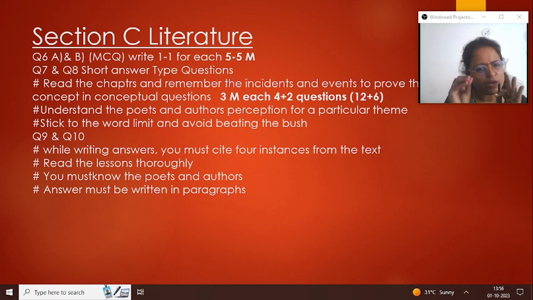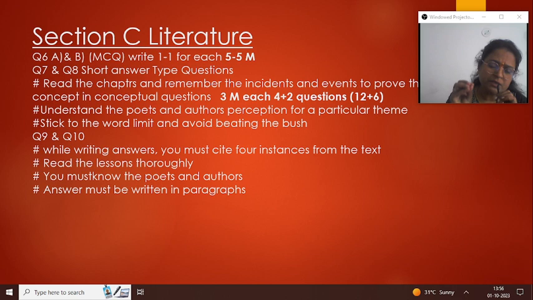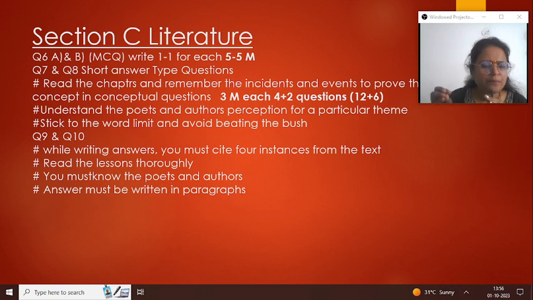Whatever is asked in the question, that should be attempted. जो पूछा है उसका आंसर देना बहुत जरूरी है. If it has been asked why Lencho compared that one, write that only, because he wanted to have a good harvest, right? And he wanted to earn money from that, so he compared the raindrops with coins that were about to give him money. That should be mentioned, not the whole story. As much as has been asked, that much should be written.